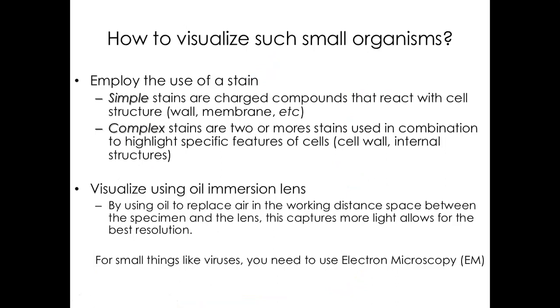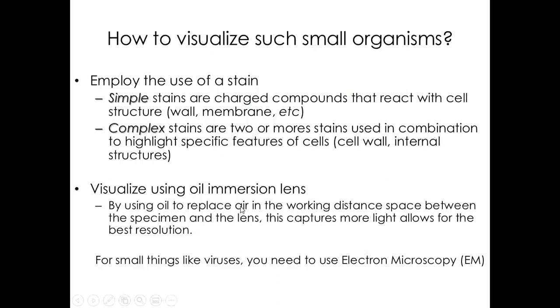Because if you just put bacteria in the microscope, it's going to be clear and it's going to be hard to see. But if you can stain it with a chemical that leaves a color there, a stain is what we call that, then you'll be able to visualize the bacteria easier under a microscope. So there's simple stains, which is just a single stain that leaves one color, or complex stains, which can have two or more stains in combination. And usually these are multicolored, or you can use fluorescent stains that light up. If you shoot a light beam or a laser beam at it, it will light up in different colors.